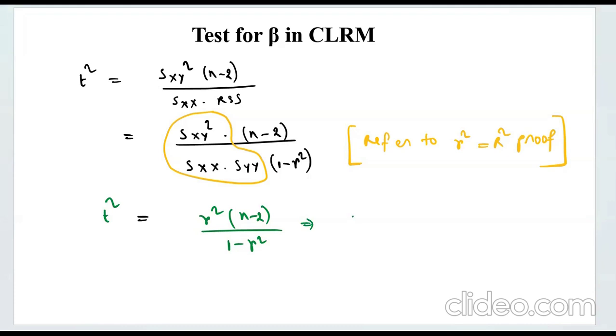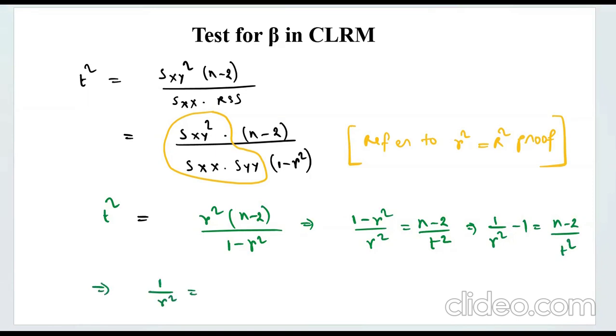Now, 1 minus r square upon r square can be written as n minus 2 upon t square, or 1 minus r square is 1 plus n minus 2 upon t square,